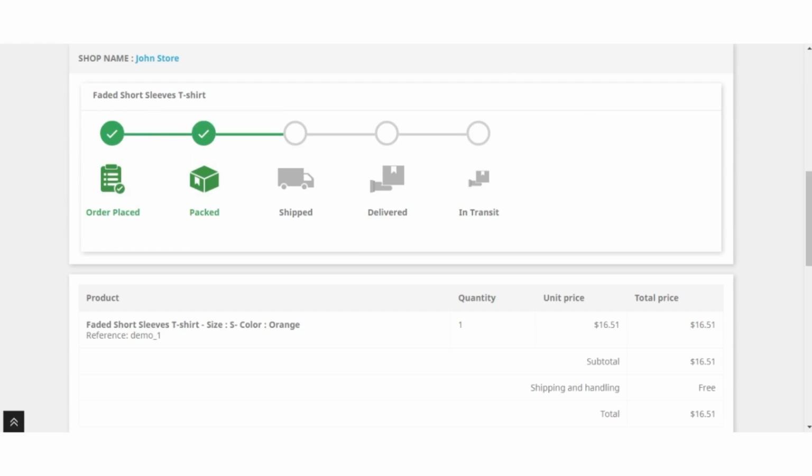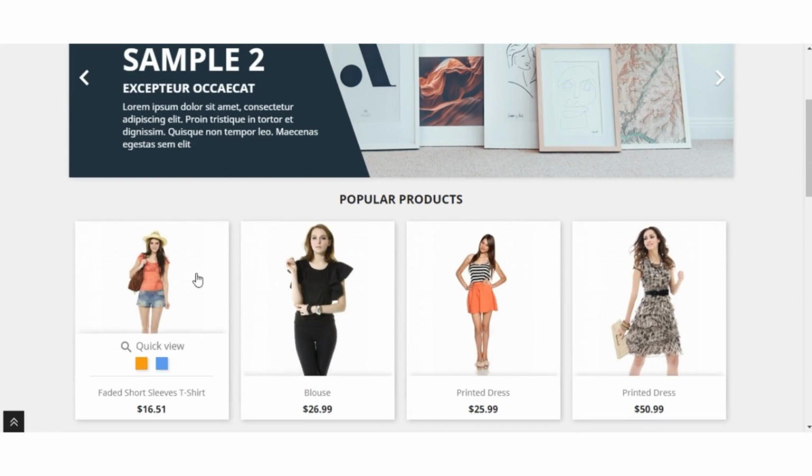Now suppose a customer places an order for 2 products of the same seller.